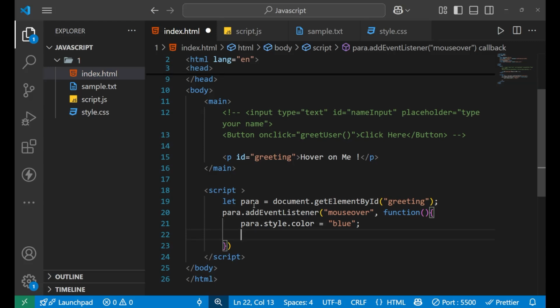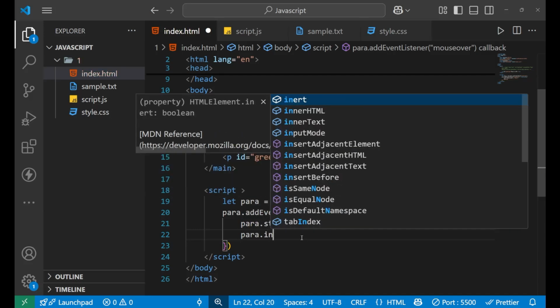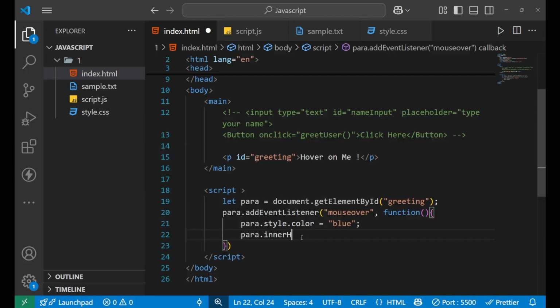Whenever the mouse gets over this particular paragraph, I want the content inside of it to become blue. And also para.innerText equals to, let's change the text also, like